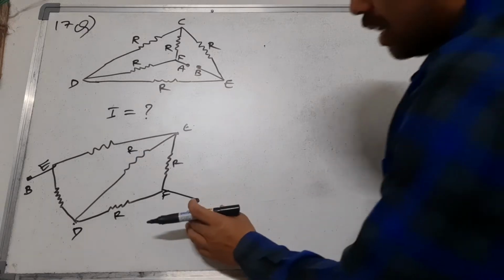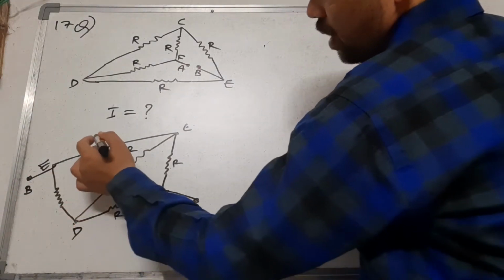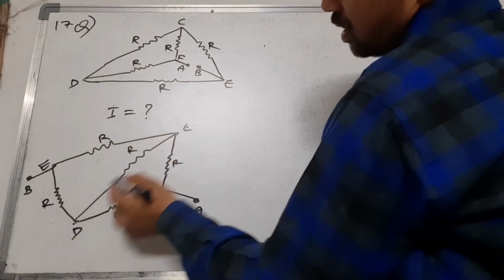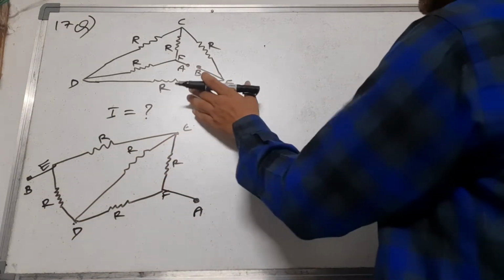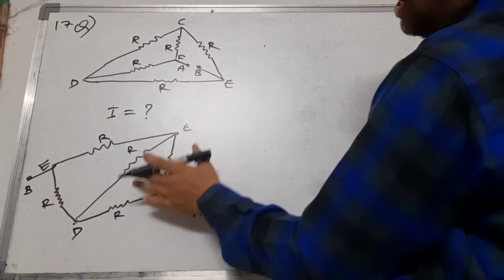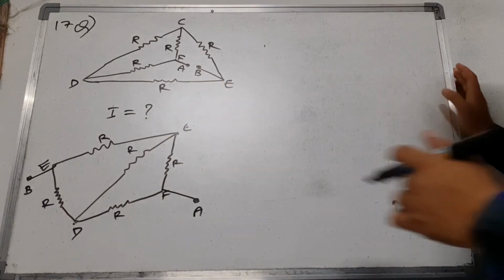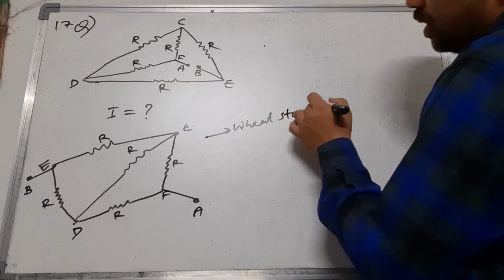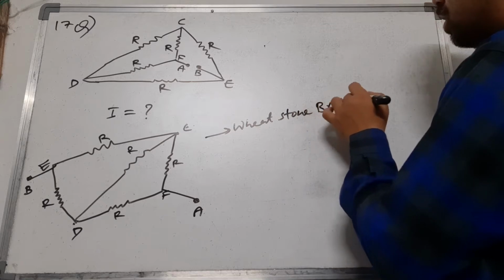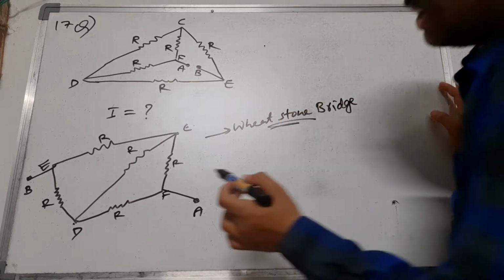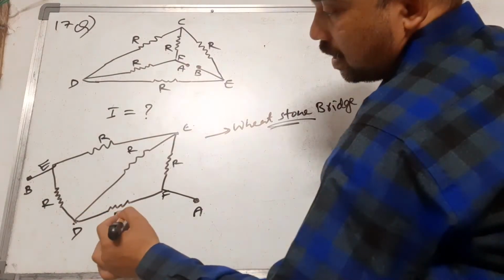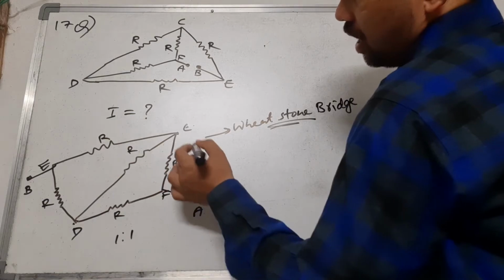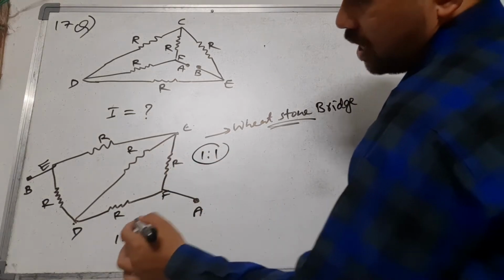This is looking like that, A point, B point, 4 resistors and one diagonal resistance. This is looking like I modified this given circuit into a Wheatstone bridge. Okay, Wheatstone bridge, right? So again in Wheatstone bridge, when the ratios are same, you take the ratio of R and R. R is 1:1. Again R is 1:1. So the ratios are same here.